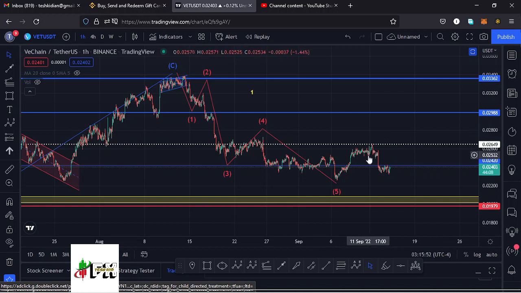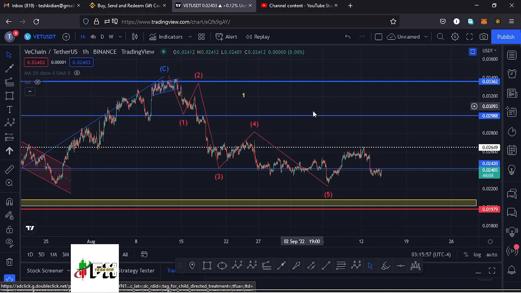And that means we might see a bit of a pump here on the Vechain chart. And within a wave 2, I also expect to see the formation of a corrective movement. That is a massive ABC corrective movement over here. And because a wave 2 is a retracement of the first wave, we can use the Fibonacci's, connecting them from